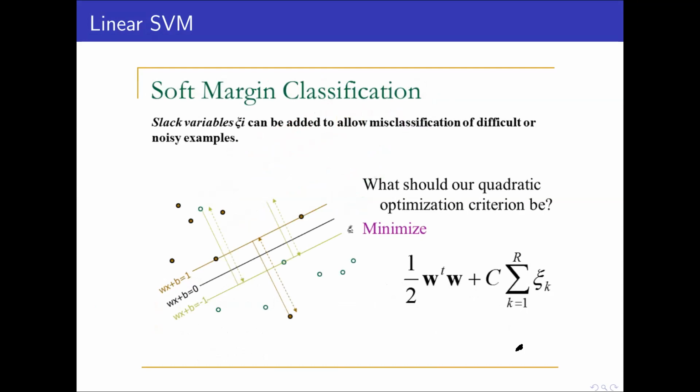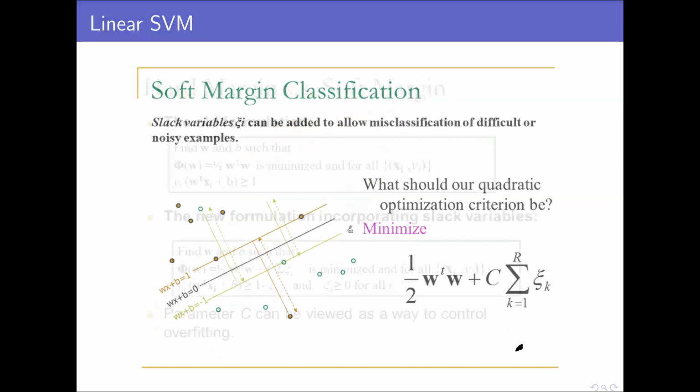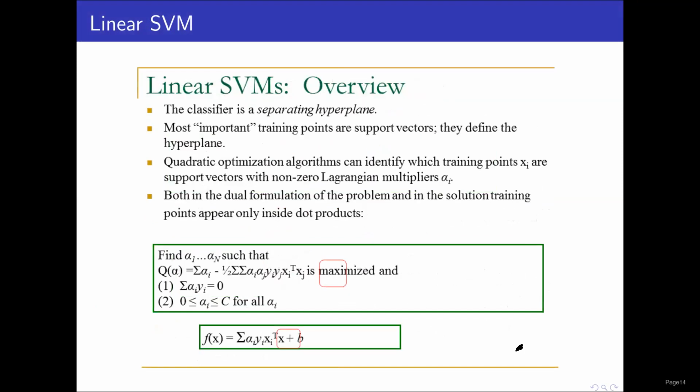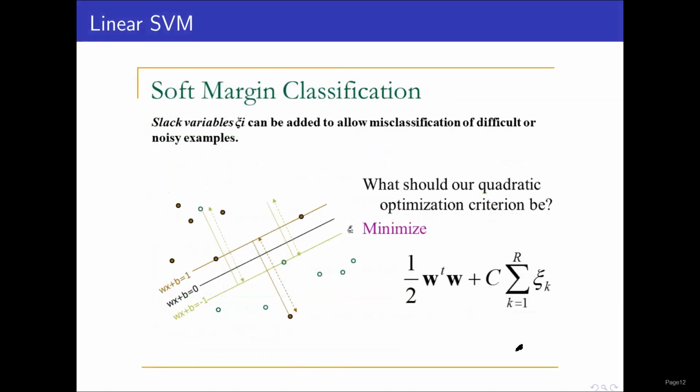So this is soft margin classification. There are two types of classification: soft margin and hard margin. So soft margin,